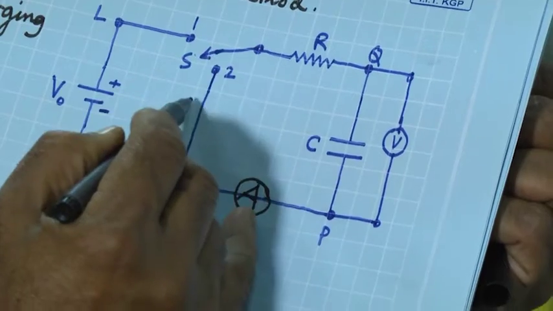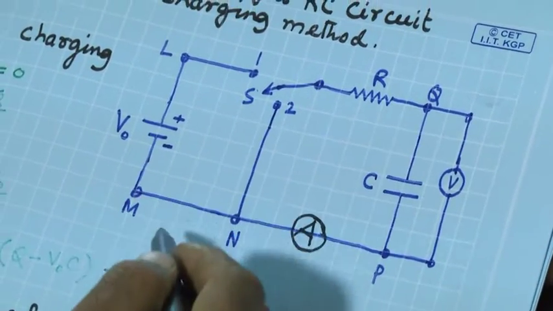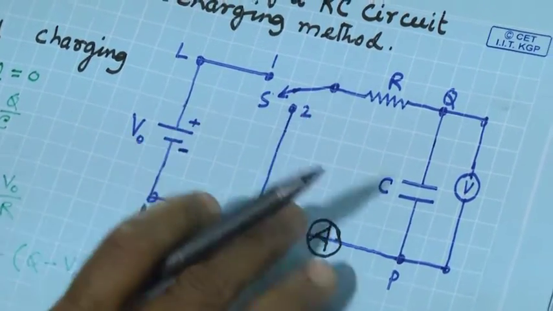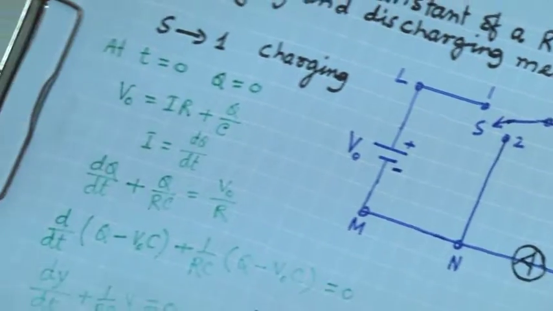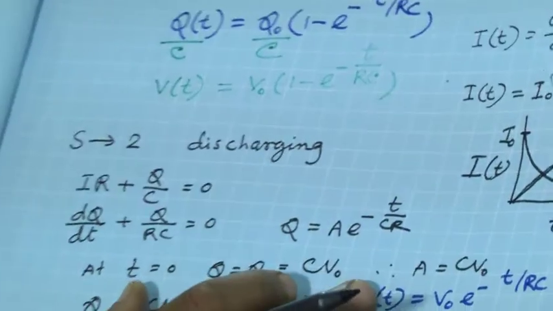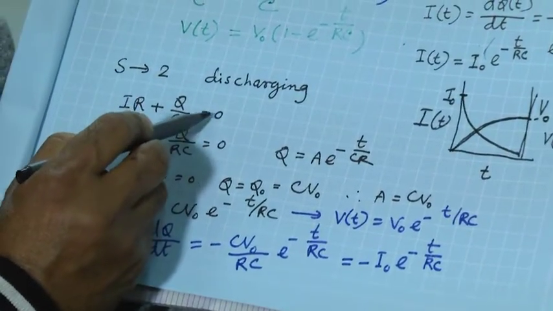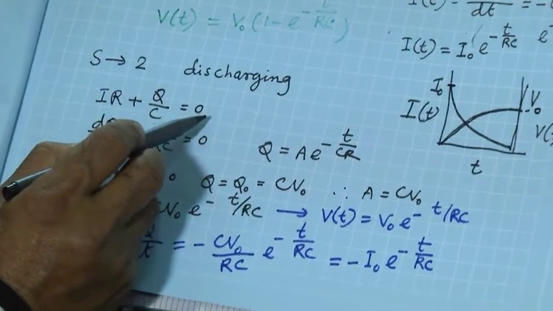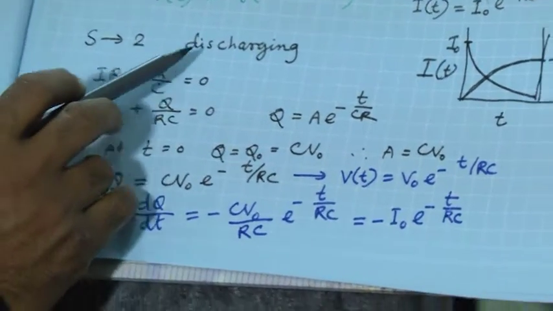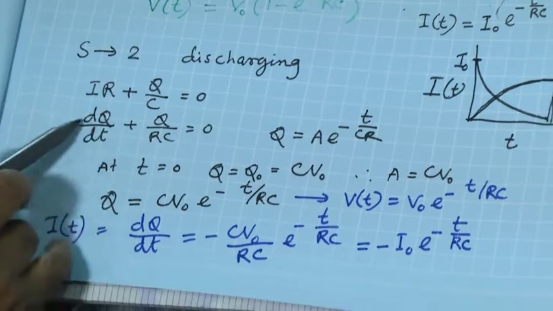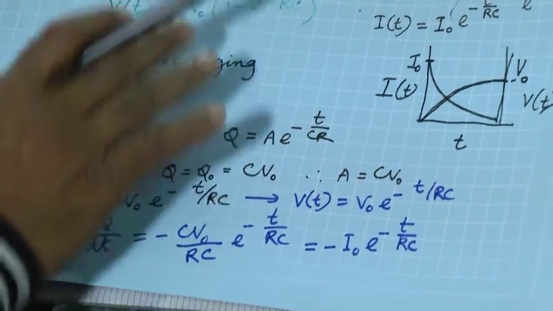So, if I connect this, we call this discharging of the circuit. Then you can write IR plus Q by C equal to 0, not V0, because there is no power supply. So, in case of discharging, this will be the equation,